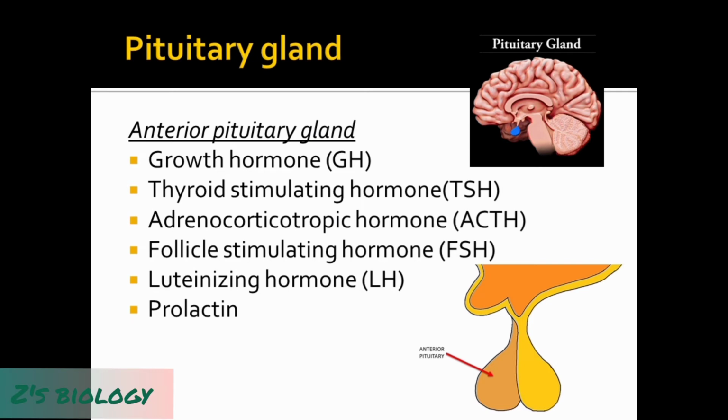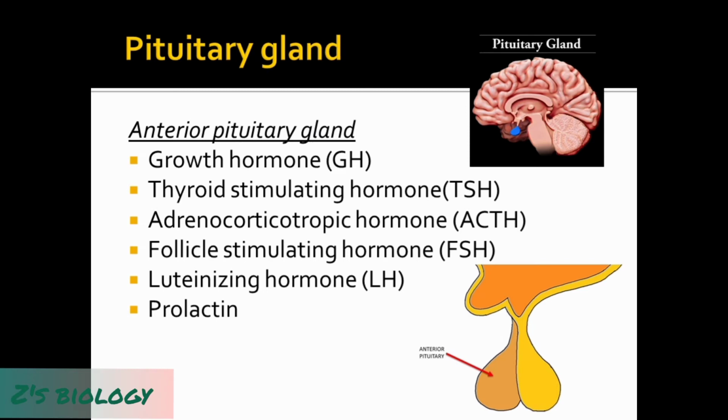It has two parts actually, adrenal cortex and adrenal medulla. On the adrenal cortex, the ACTH, the adrenocorticotropic hormone, works, and as a result the adrenal cortex releases certain hormones. Next, the follicle stimulating hormone FSH and LH, that is luteinizing hormone. These are the gonadotropins. FSH and LH both will work on our gonads, that is testes in males